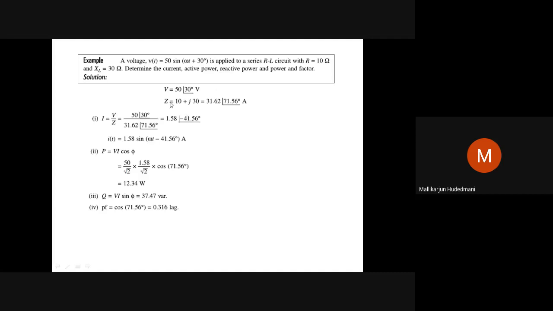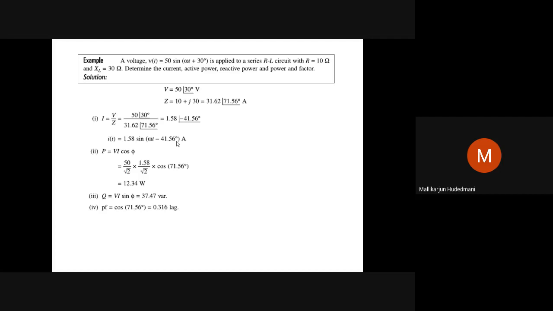Or you can just check Z. What is the value associated here? 71.56. You derive it over here. That's all. Cos of that. Don't take cos of this value 41, or cos of 30. It is between V and I, the angle I am in need of. Therefore, it is 30 over here, 41.56 here. If you take the numerical observation, 41.56 plus 30 becomes 71.56 without the sign convention. It is the absolute net change between the angles 30 and 41.56. The spread angle is 71.56. That is the cos value I would take.